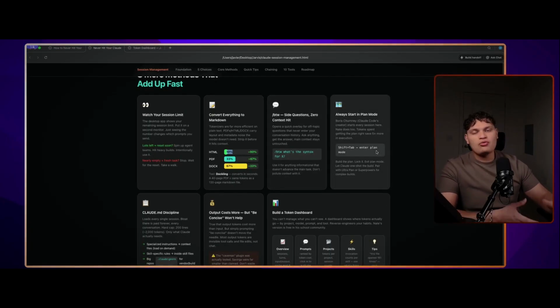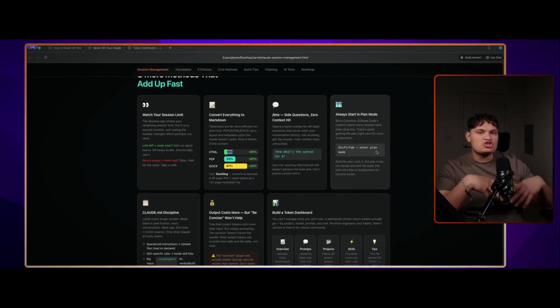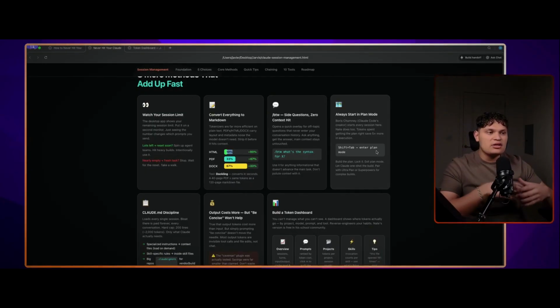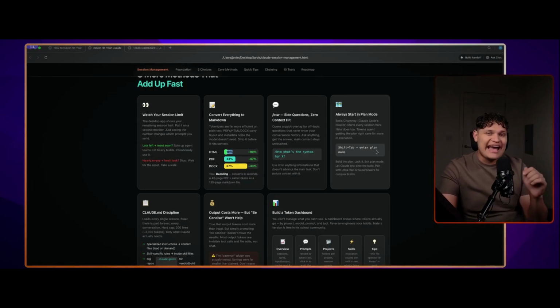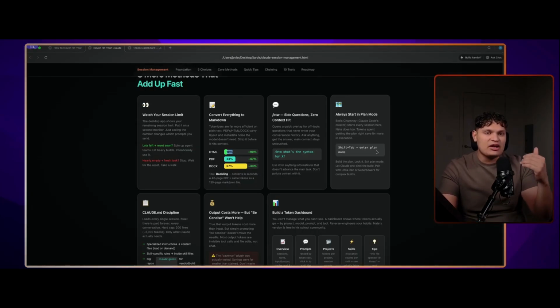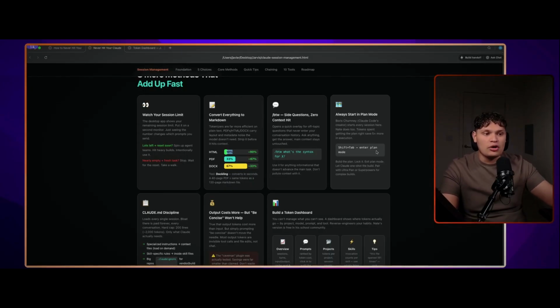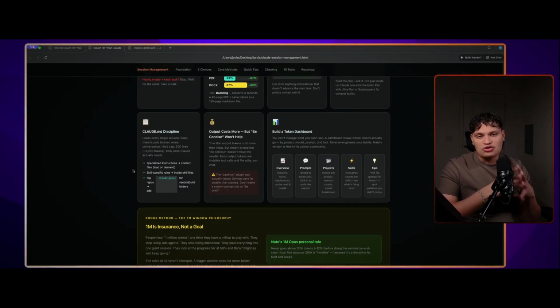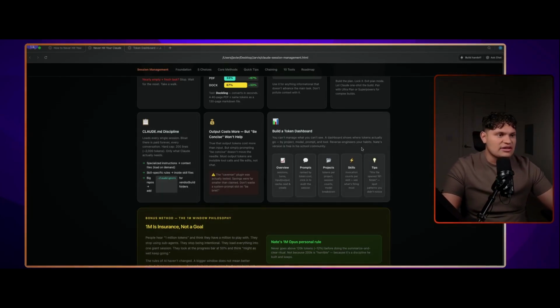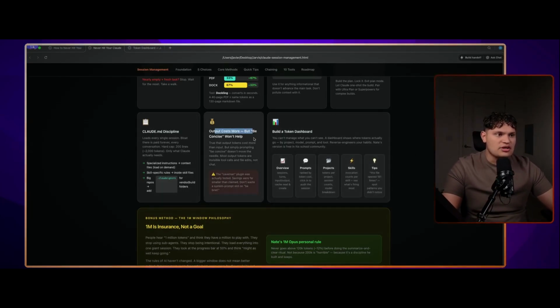The next thing is always starting in plan mode, right? You don't want to just ship and have it build it. Always plan it. You want to plan it first, so Claude can understand what you're actually trying to build. And then once you have that full project down, you can ask it to build it. And then now you're eating up less tokens building something that you didn't want. You can also build a Claude MD file that is around discipline on token usage. And then we got the token dashboard as well, with outputs that cost more.